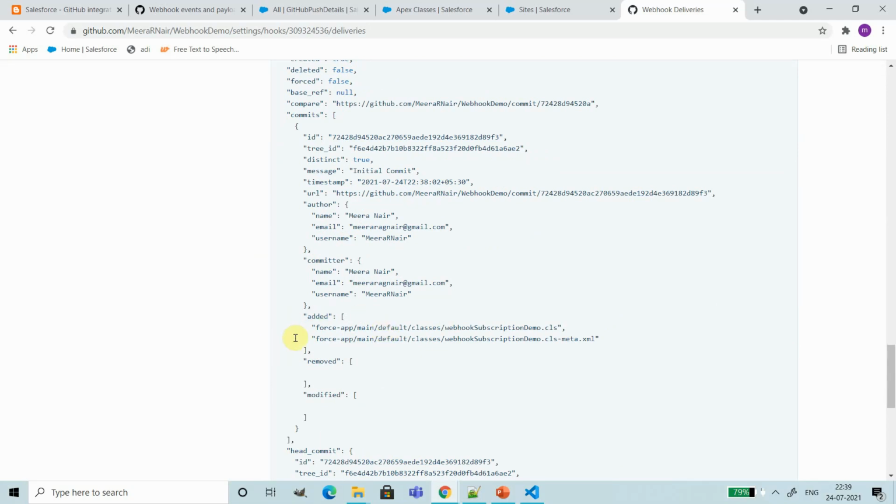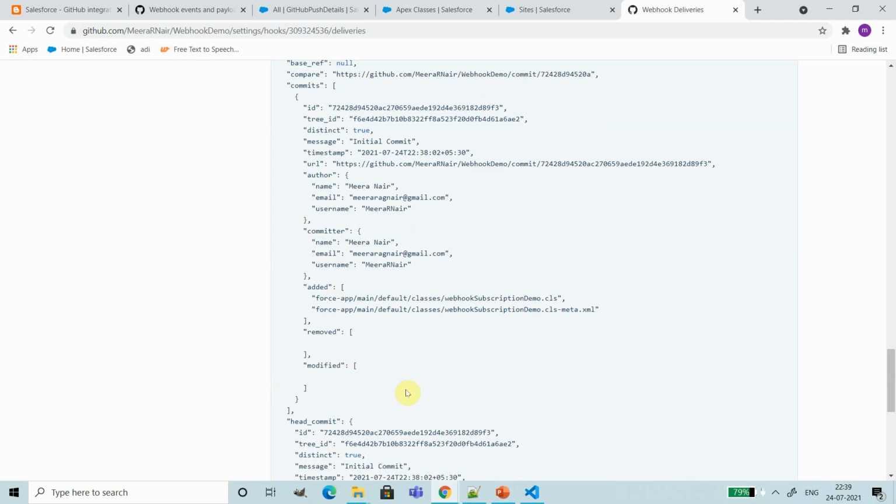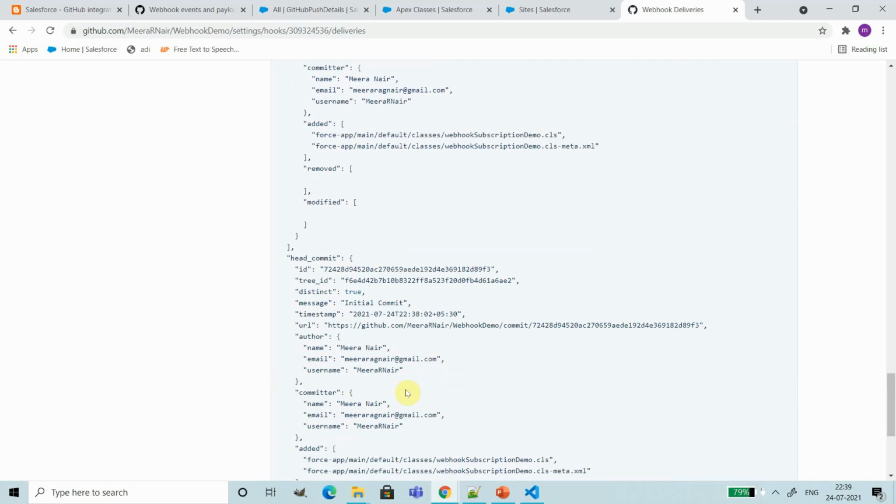You can see it also specifies which is an addition, removal, or modification. What we are going to fetch from here is the commit details and also the commit timestamp, the components that got published, and the URL of the commit. These are the details that we need to get from the webhook event.